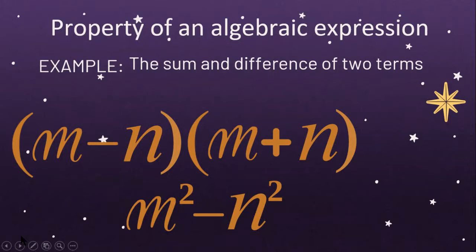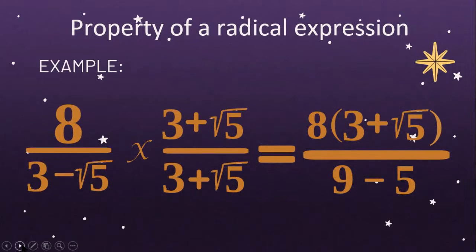And then another property of a radical expression. You should not forget these concepts because it is very important to apply them. The example is 8 over 3 minus square root of 5. Conjugation. Look at this, class. So 3 minus square root of 5. So in our rule,